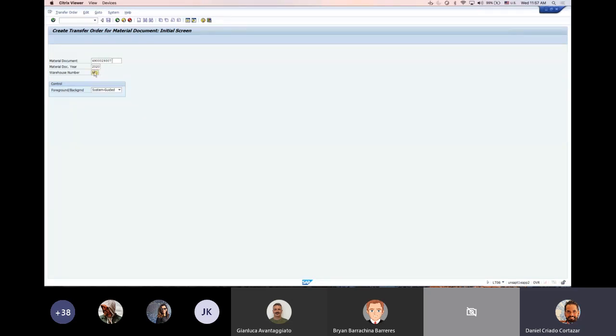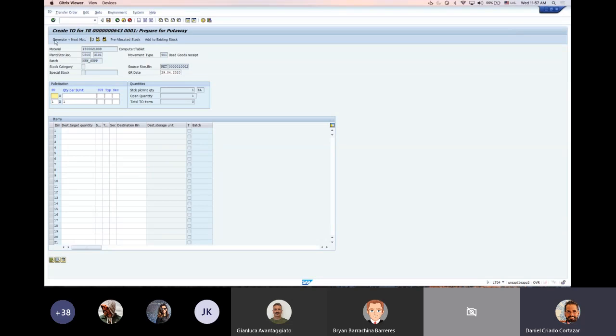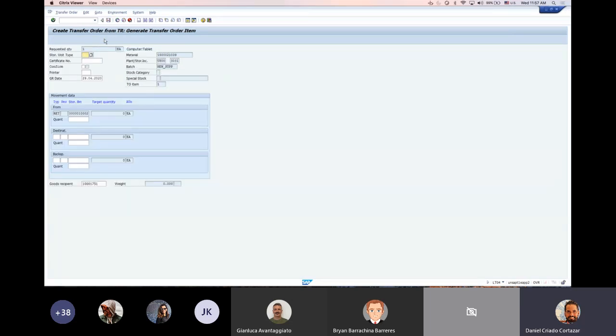I click on enter, and from there I check the header, and I click here on our forklift. By clicking the forklift, I'm identifying that a particular movement is done from this storage bin, which is the cost center, to a destination bin, which will be the disposal storage bin, and you'll see how it's done. The source is automatically derived from the system. As a destination, the storage type will be